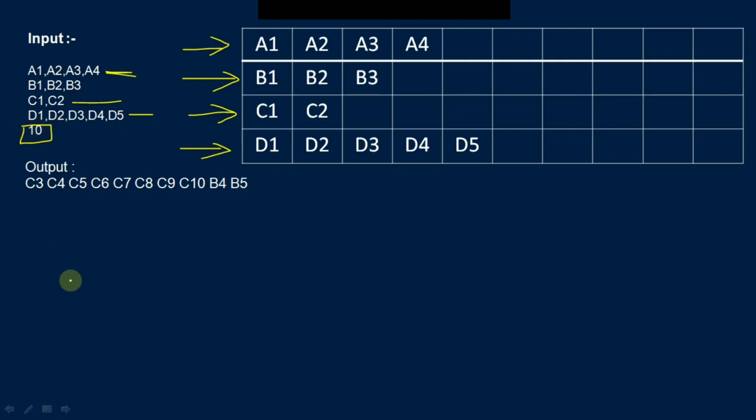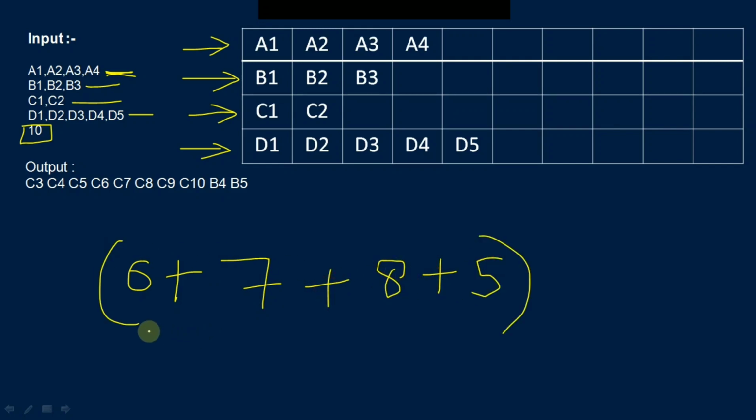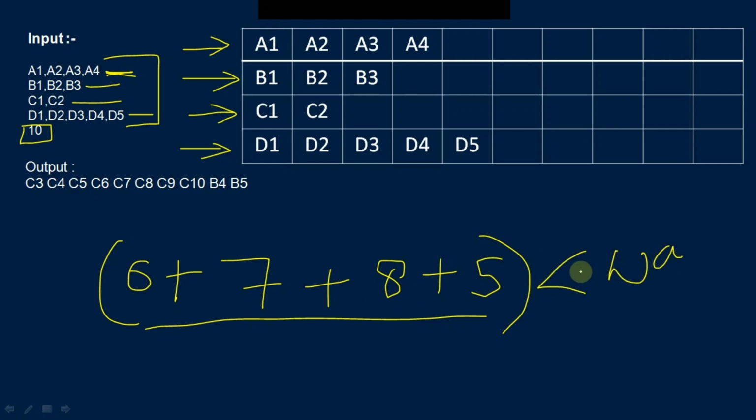So first of all, let's discuss the base case. So we will first find how many free slots there are in all these 4 lanes. Okay, so in A lane there are 6 slots free. So you can see that 4 slots are booked, so 10 minus 4 we will get 6. Okay, in B lane there are 7 slots free. In C lane there are 8 slots free. In D lane there are 5 slots free. We will add all these 4, that will indicate the number of free slots in all these 4 lanes. And if this number is less than the waiting cars, that means we cannot park all waiting cars in these 4 lanes. Okay, so in this case we will print X. Otherwise we will move forward and find the highest free slots lane and park the waiting cars. Okay, so I hope till now you have no doubt.